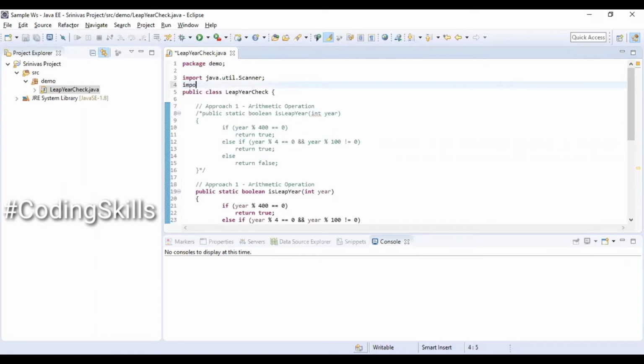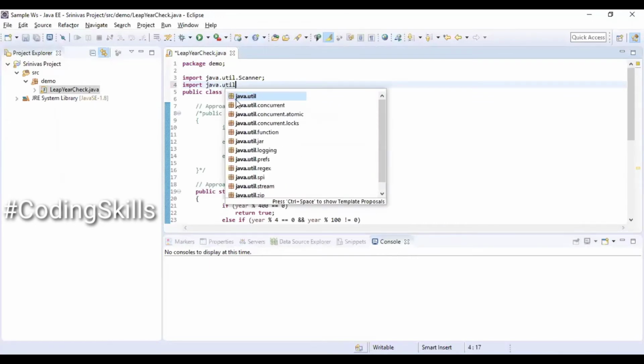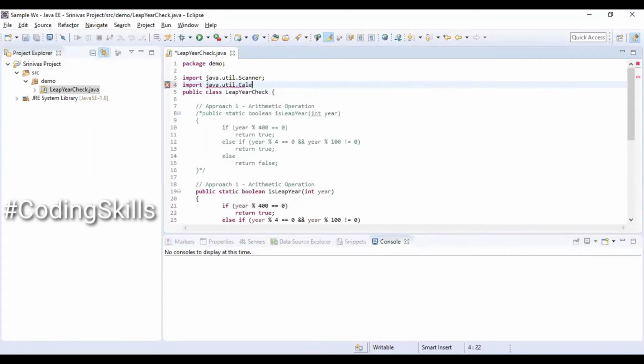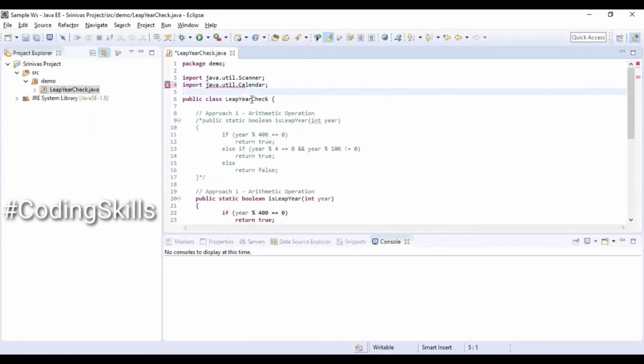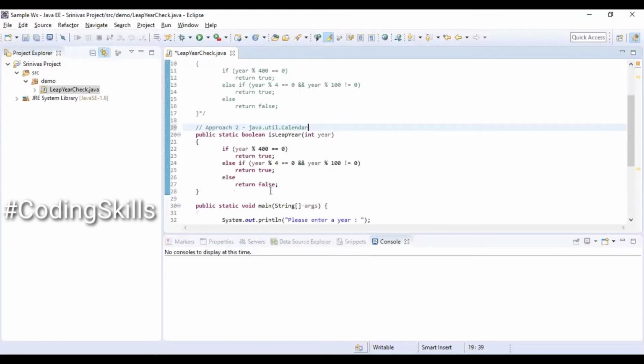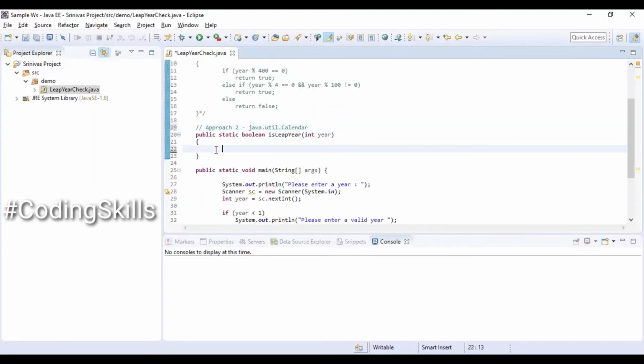So importing a Calendar object from the util package. Updating the comment for approach 2. So I have removed the previous logic inside the method.